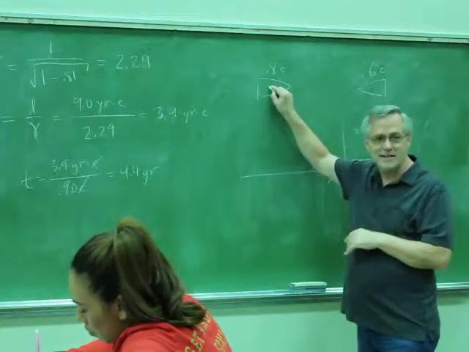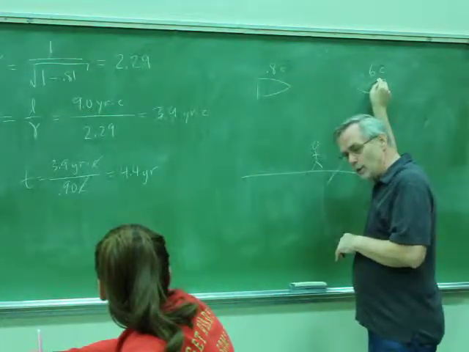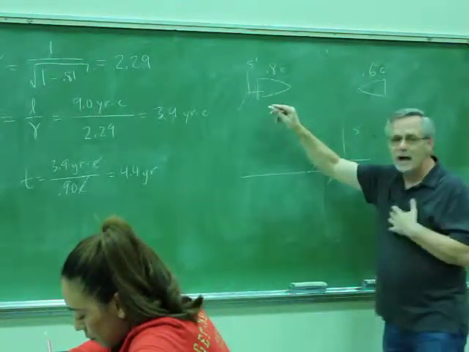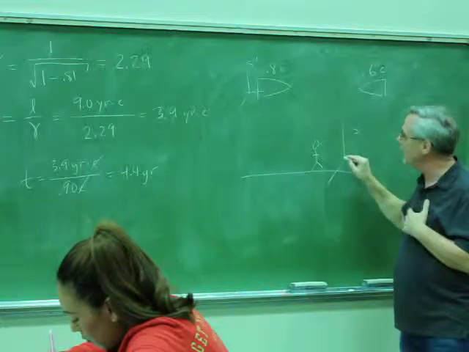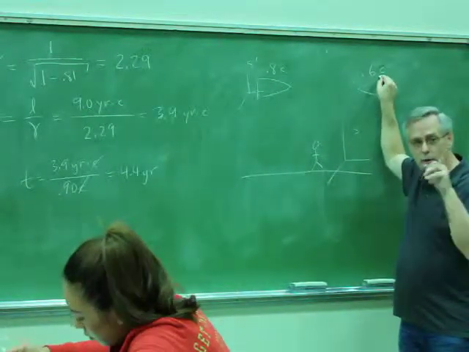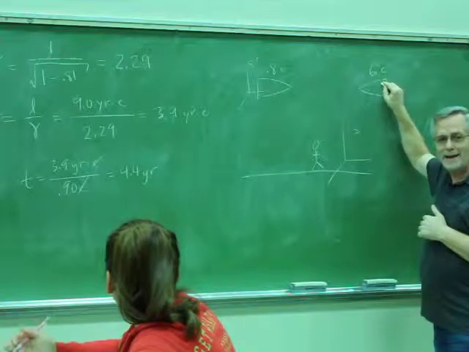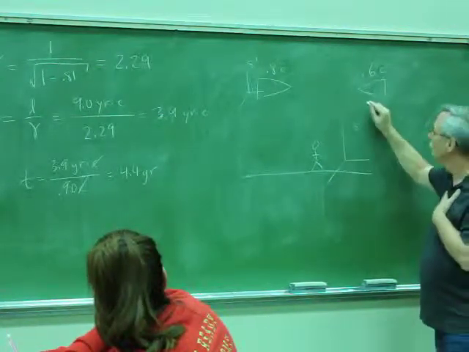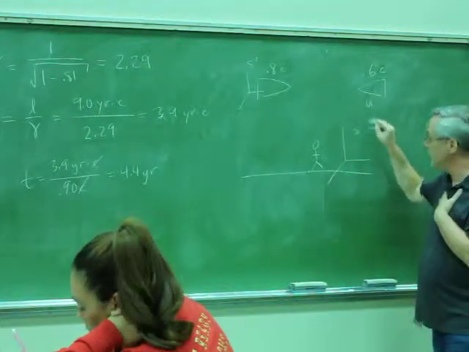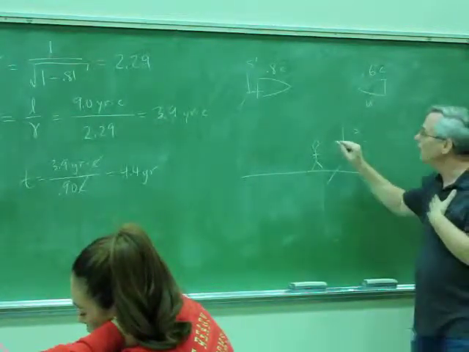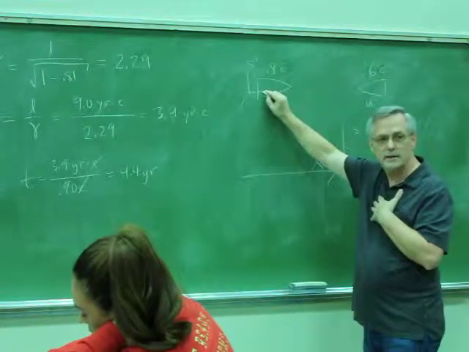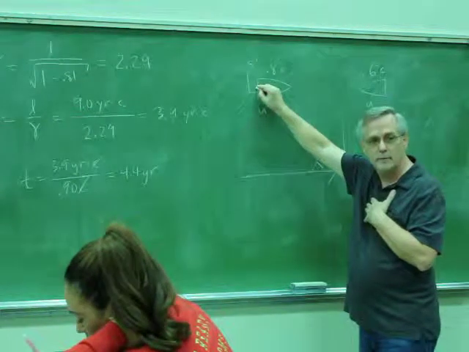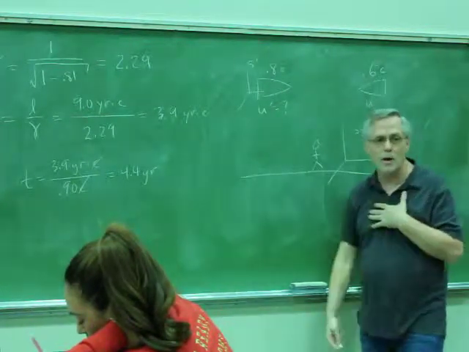is how fast does this guy think this guy is going? That means this is the most logical choice because that way I know how fast this guy's going in my frame. I want to know how fast he's going in your frame. So what do I name this velocity in my reference frame? U. Because velocities measured in my reference frame are given U. What velocity do I want for this frame? U prime. Velocities measured in this frame. So this is what I don't know, it's what I want.